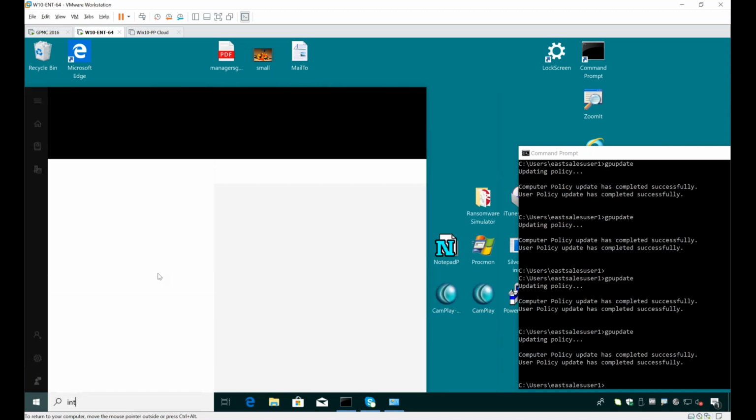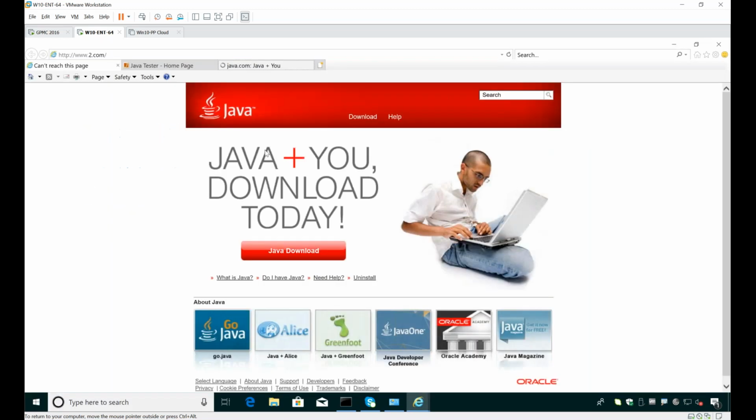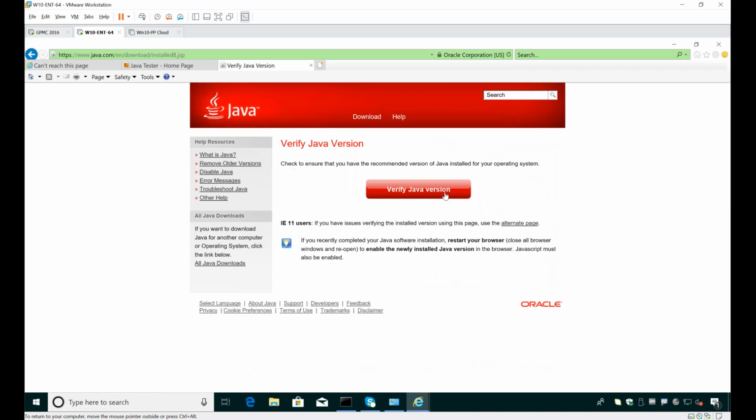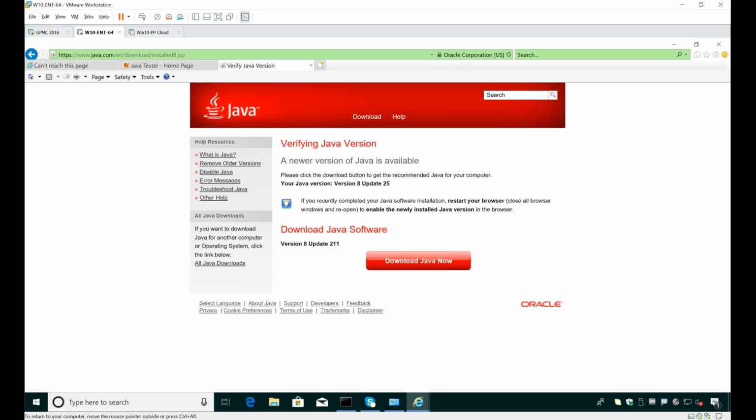And so if we go back to Internet Explorer here, and we go back to java.com, and now if we say, do we have Java, verify the Java version, we're not fooling the operating system into thinking a version of Java is there or isn't there. We're actually teaching Java the right way, and that's important. Notice there were no pop-ups, there was no tomfoolery. We're doing it the way that Java wants to be told how to do it.